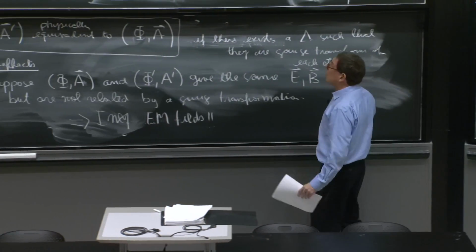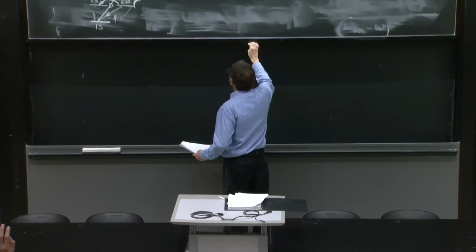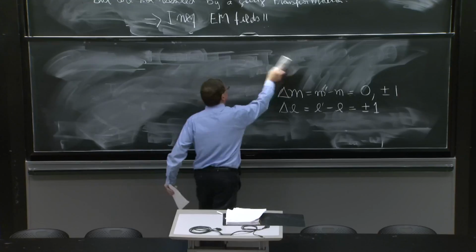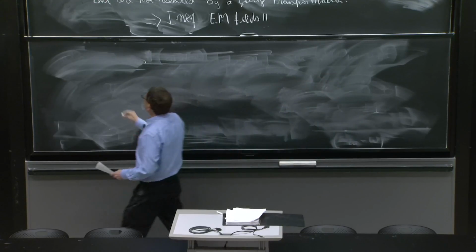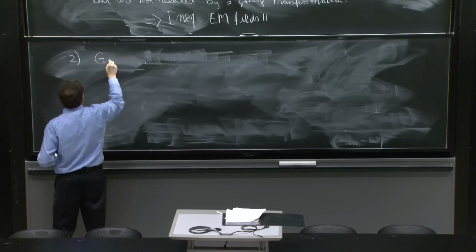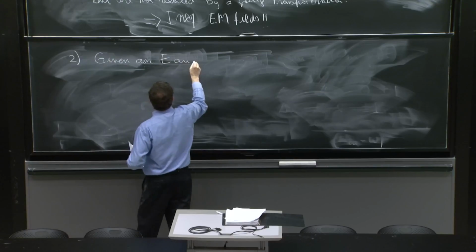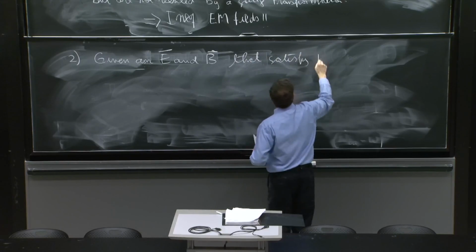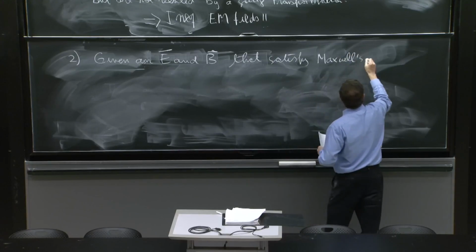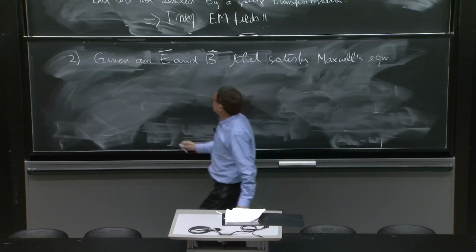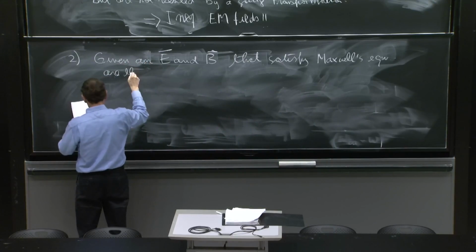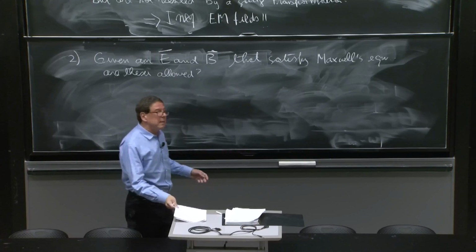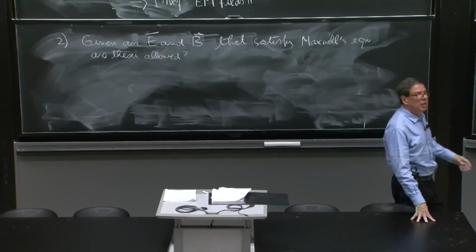There is another curious effect. And quantum mechanics is forcing you to do that. That's the main thing. So the second curious effect is: given E and B that satisfy Maxwell's equations, are these allowed fields? So somebody gives you an E field and a B field, and you say, okay, I'm going to check